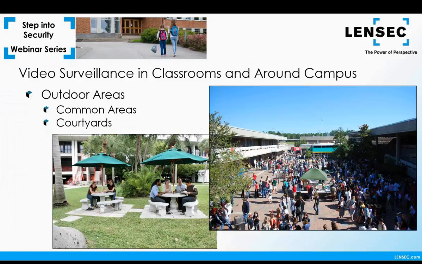Now let's look at outdoor areas. Those provide a different set of challenges than interior areas present. Outdoor areas can be expansive depending on the campus. An elementary school and a university campus will obviously have vastly different layouts. When you're surveying the outside common areas in particular, pay attention to the areas where people gather. Courtyards are a place where surveillance is important, especially at the high school level and the university level. However, due to the large scale of the outdoor area, you may have to settle for a general overview.